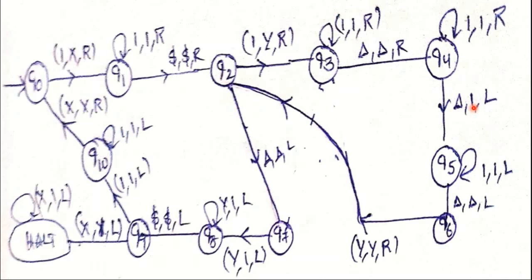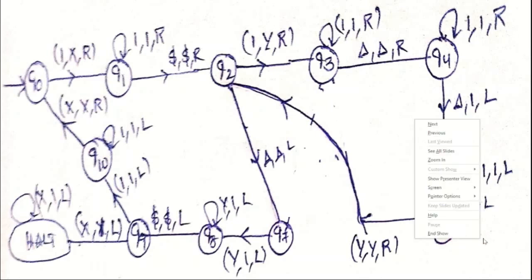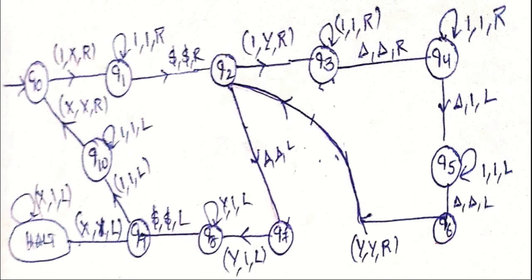That means move left. In this process, the first time we are not getting any ones, so immediately we read the del. After that there is no operation, that means del stays del, and then move left. Now we are getting a number of ones, so that's why Q6 has a self loop. Here the number of ones has no change and then move left. Here is a small mistake, it should have a loop.